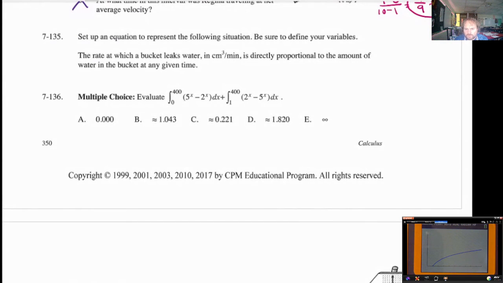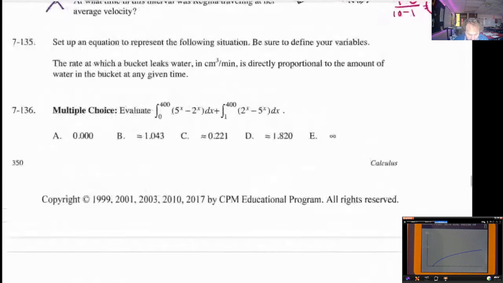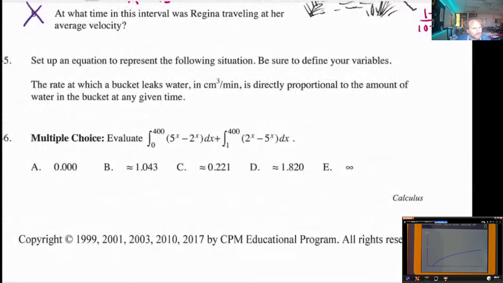135, set up an equation to represent the following situation, and be sure to represent your variables. The rate at which a bucket leaks water in centimeters cubed per minute is directly proportional to the amount of water in the bucket at any time. So let's talk about the rate at which the bucket leaks water. We can call that any number of things that we want to call it. Let's say V is volume